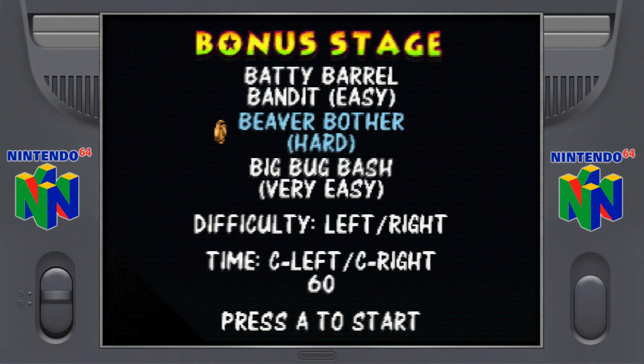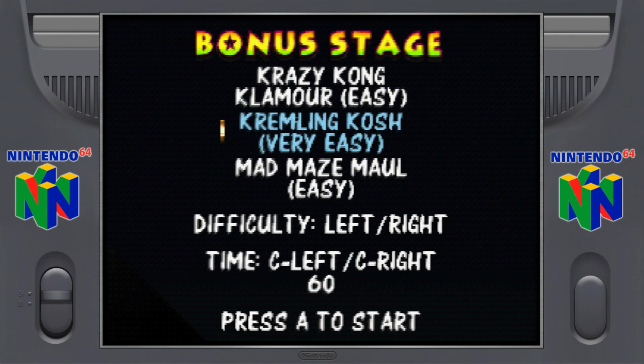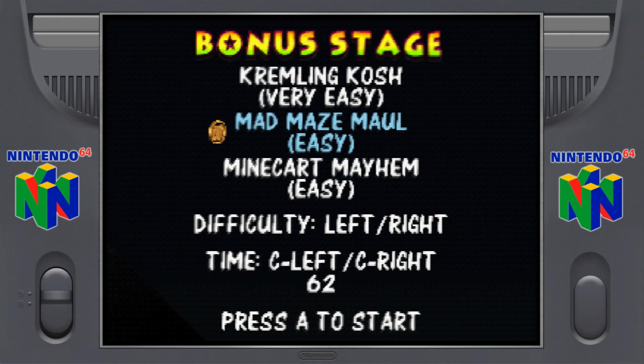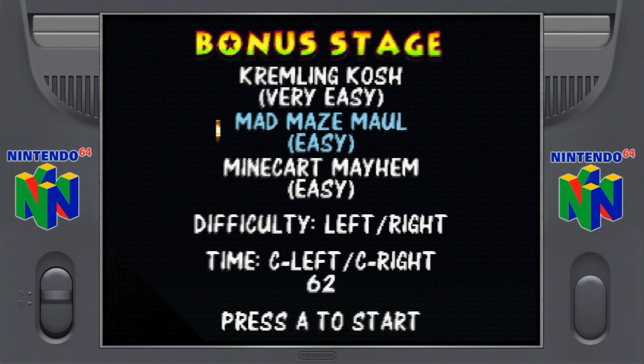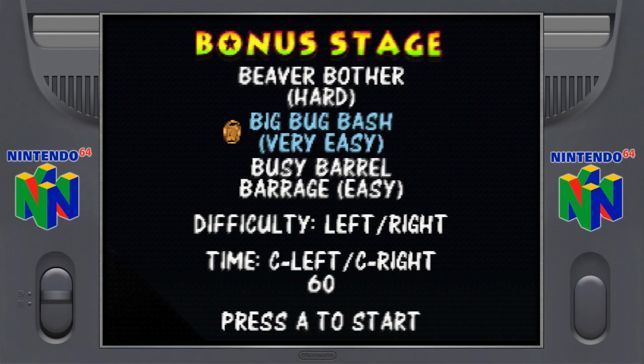And what this is set up to do is that there are 3 levels. So I will always give you as the first level just the default amount of time. I'll kind of scroll through some options here. You'll see that time is going to change because that is the default time that would have been given on Minecart Mayhem Easy or Mad Maze Mall Easy. But if we hit C right, we'll see level 2, which is basically just a boost. It's going to be a different amount of time depending upon the game, but it's basically a boost to the time